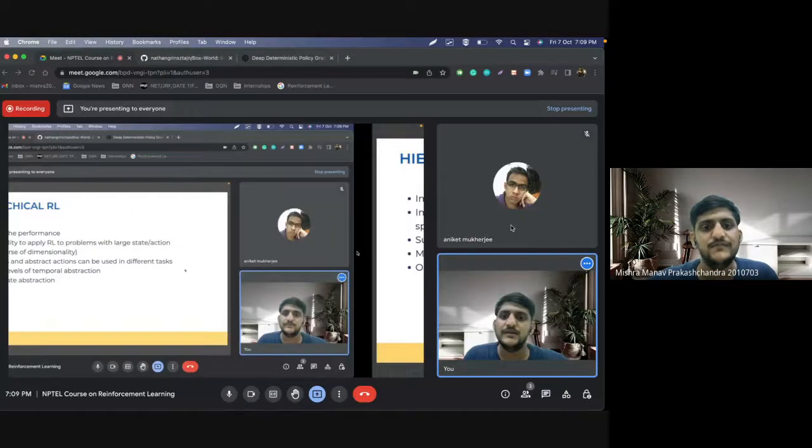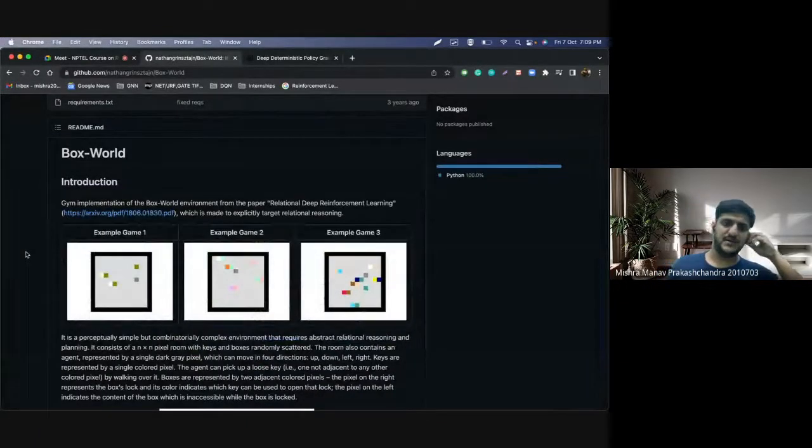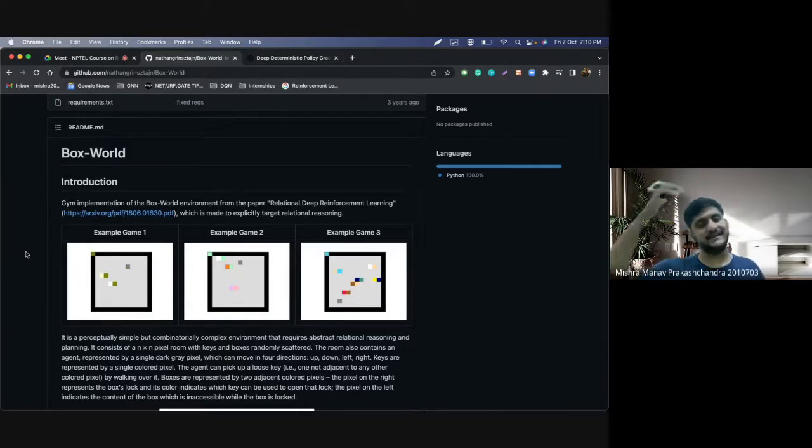If you look at my screen over here, this is a problem known as the box world problem. It's an OpenAI Gym problem setup. The box world problem is defined as such. There is an agent, and the agent has access to a certain colored key. The agent has to eventually find a gem. But to find the gem, the agent has to first open box number one. Inside box number one, there is another key. Then use that key to open another box. There is another key, and so on. And the episode goes on until it reaches the final goal over here, right?